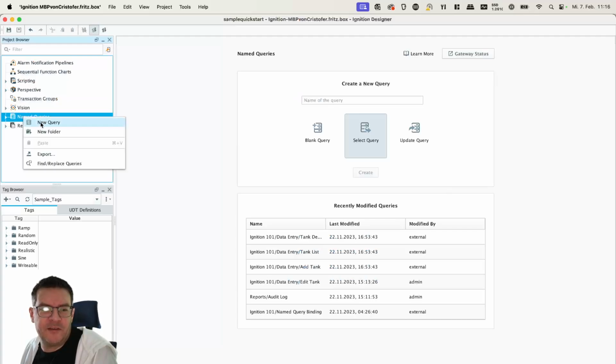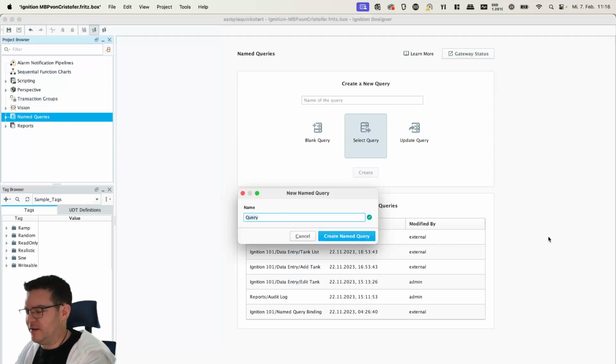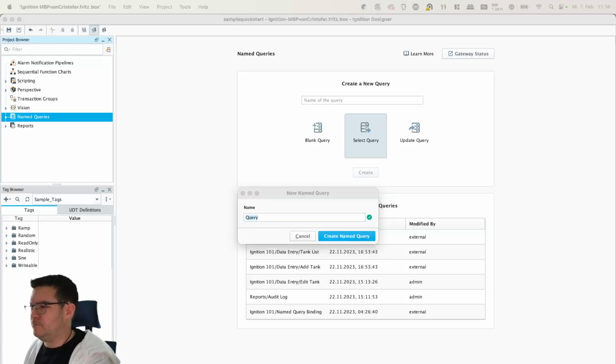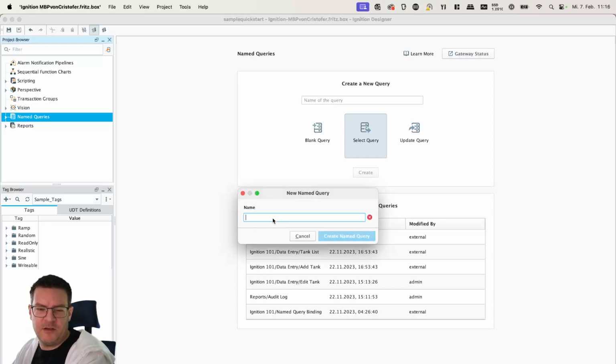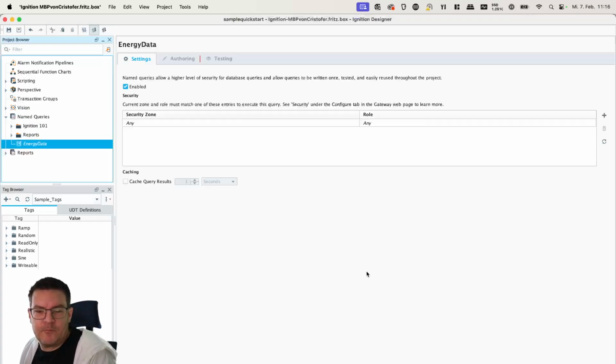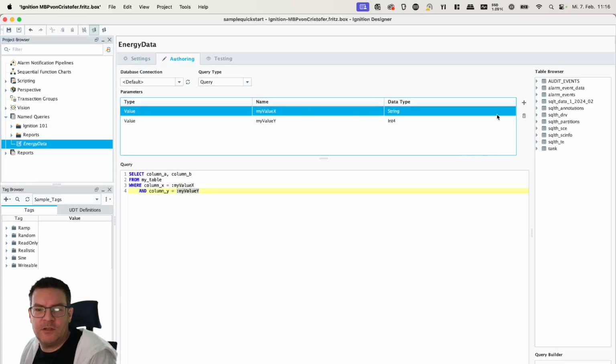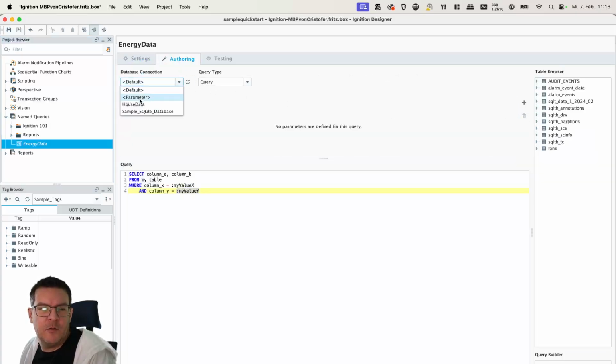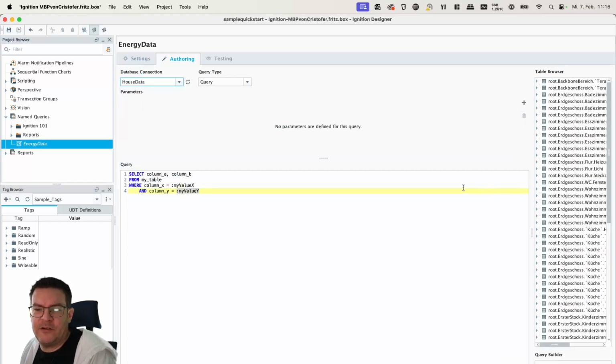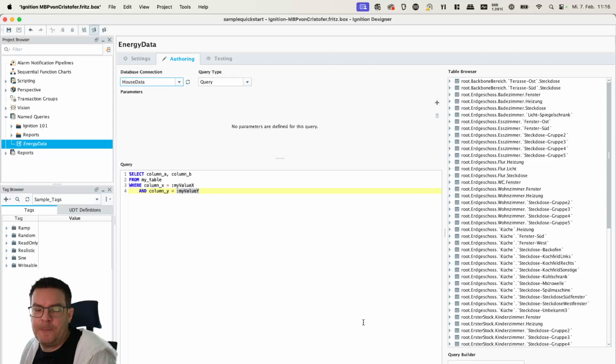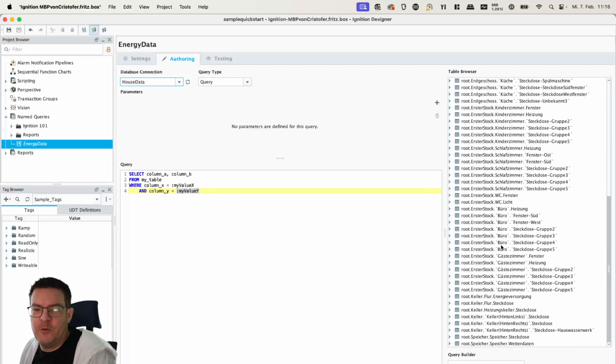So what we want to do is create a new query, and let's call it energy data, because I just want to display some energy related data, because there's a lot of information in that database. Okay, so we don't need any input arguments. We'll select the house data, and now you can see over here it automatically fills this table browser